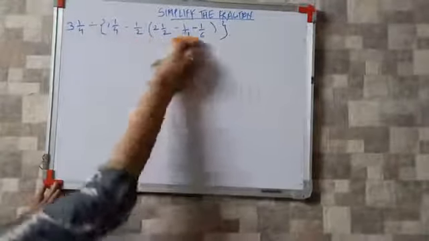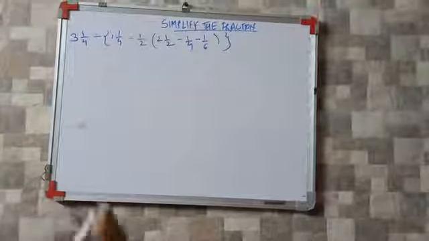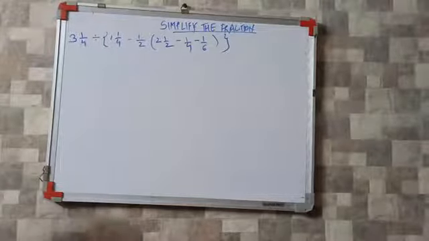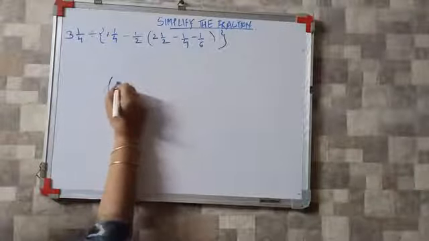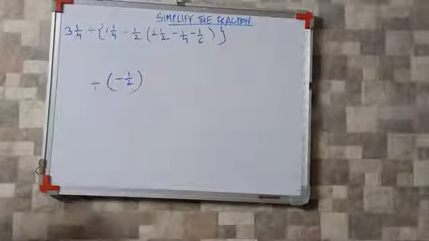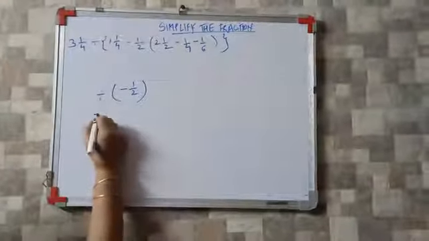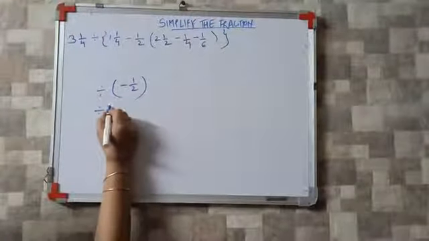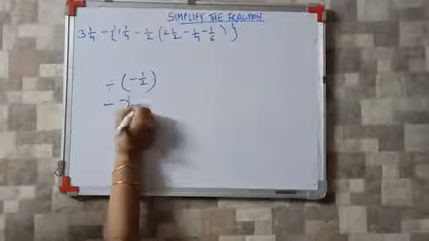Now one more thing before solving this question. First, some points which you have to keep in your mind: how we will remove the brackets. Suppose in the small bracket 1/2 is written, and before the bracket a division sign is there. How will you remove this bracket? We will write the division as it is and whatever is written in the bracket, write as it is, minus 1/2.